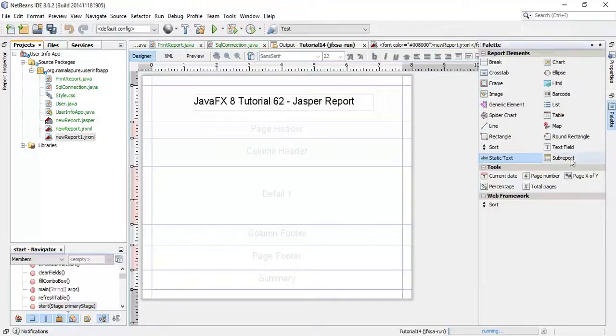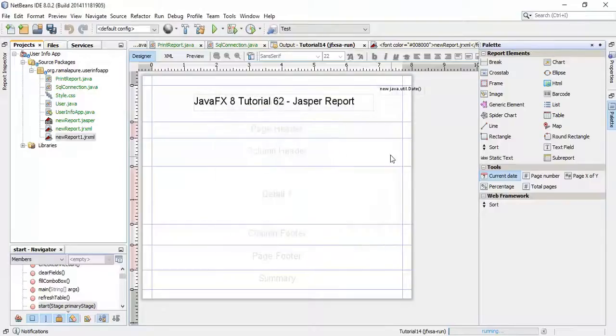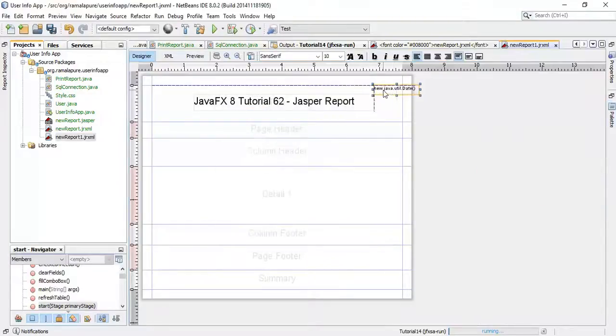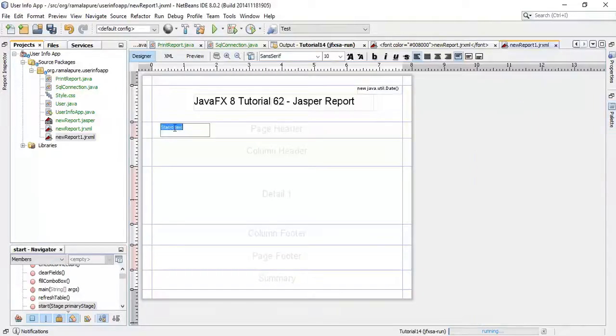Then palette, I will select the current date, paste, apply. Then go to the palette once again, select static state, say user details,